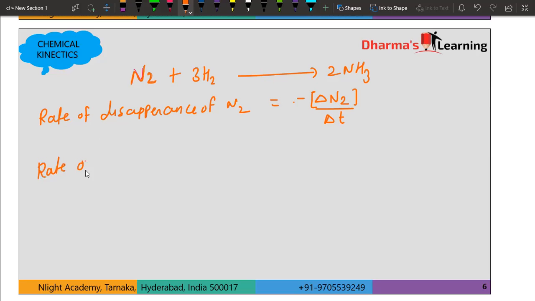Similarly, if I want to write the rate of disappearance of hydrogen, hydrogen is also a reactant, so it is also going to decrease. Its concentration will decrease with time, right? So we will have,